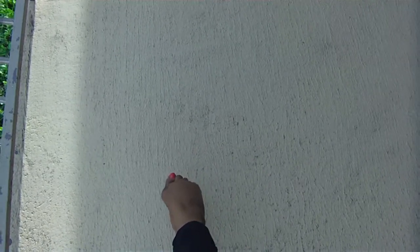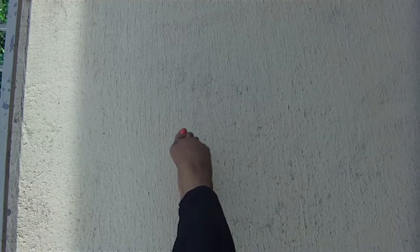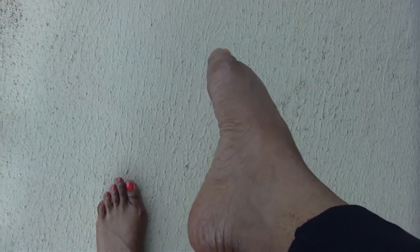Okay, so the next part of your foot is the instep. Now the instep is this part right here, and actually when you go to point your foot, okay, I'm not even going to point it really hard, I just want to point it real slight. You'll see that that instep is the area that creates the arch. Okay,